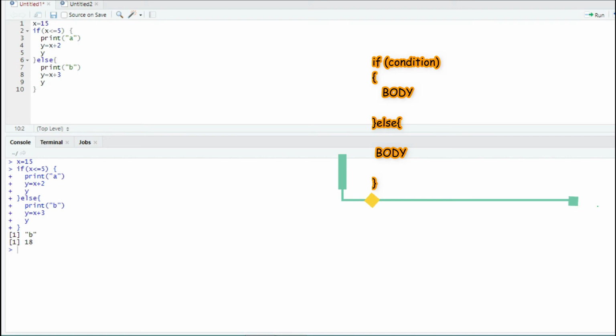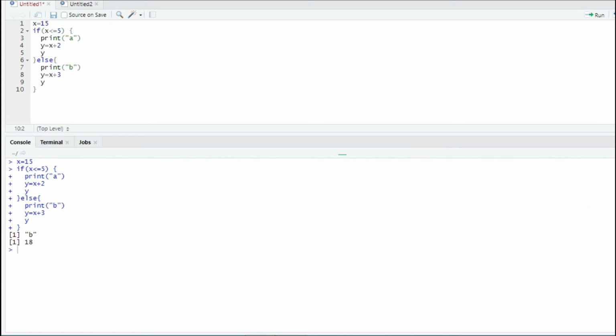So this is all about the conditional structure using the if-else statement. This is the most used statement. Now there may be situations where more than 2 alternatives may appear. That is, I can say that if x is less than 5, then I will print A. If x equals 5, I want to print B. If x is strictly greater than 5, then I want to print B.